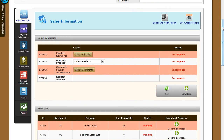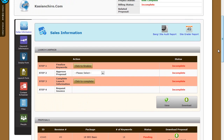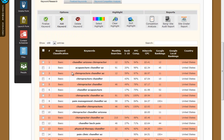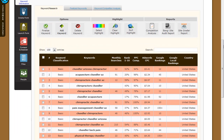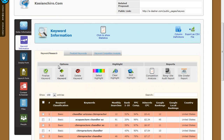You don't want to do this until you start looking everything over. We'll probably go over this on the phone a couple first times. But you have your keyword information available at the click of a button here, and it tells you the monthly searches and the cost for the AdWords for those keywords. Right now we have about 34 going on this one. You can print this out, you can export it into a Word document, and then you can also look at your